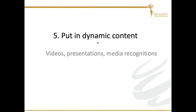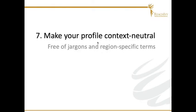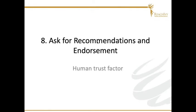Put in dynamic content, right? Videos, presentations, media recognition throughout your profile, but be careful of how many you put. You don't want to overburden the reader. In education, add details. Show off your GPA and test scores as long as you think that they're valuable. Make your profile context neutral, free of jargon and region specific terms. Make sure that the person who's reading your profile can read it no matter which country they're visiting from and